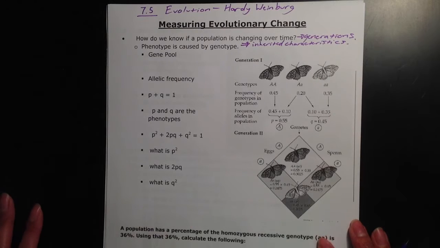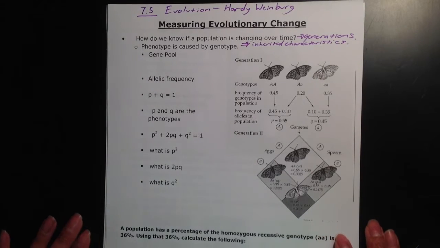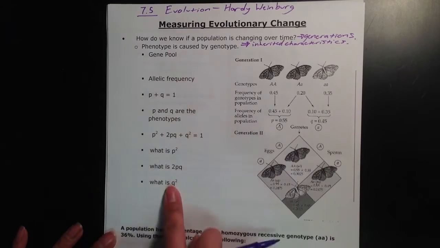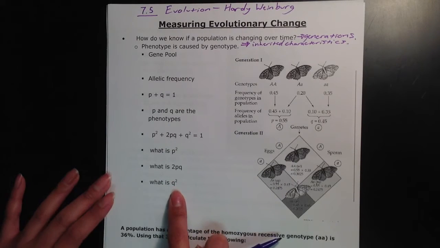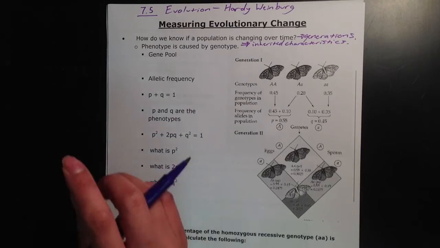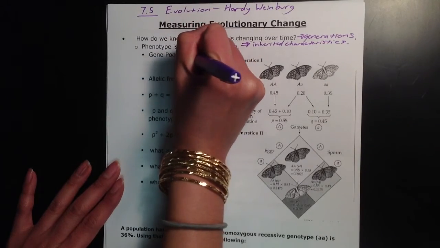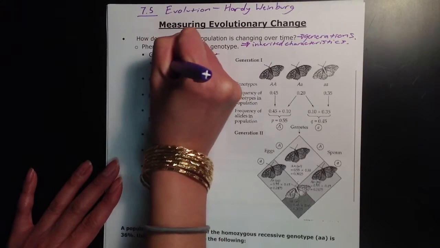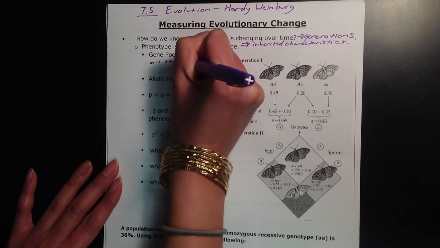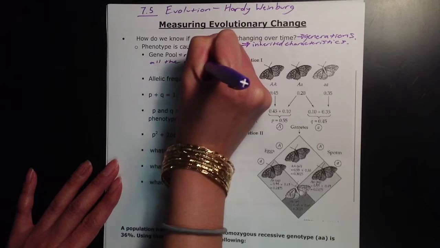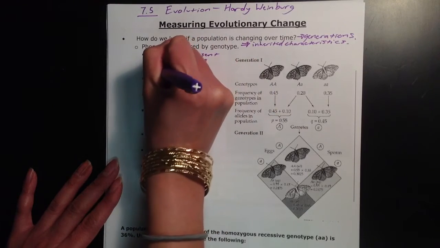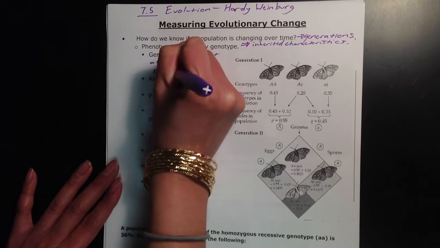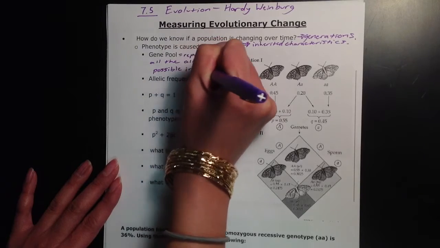and that's going to allow us to say with some mathematical data whether or not evolution has occurred. So the first thing we have here are some terms and some variables that we need to know. First is the gene pool. The gene pool is just going to represent all the genes possible, or all the alleles possible in a population,